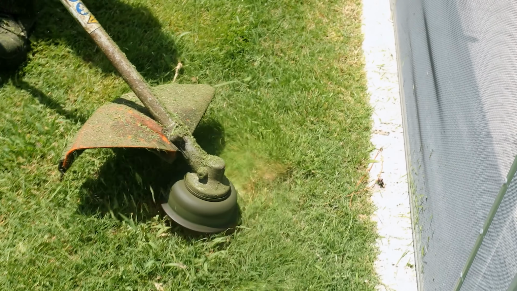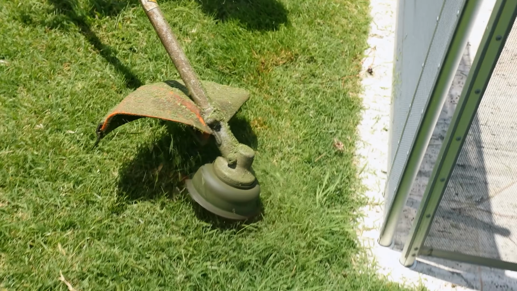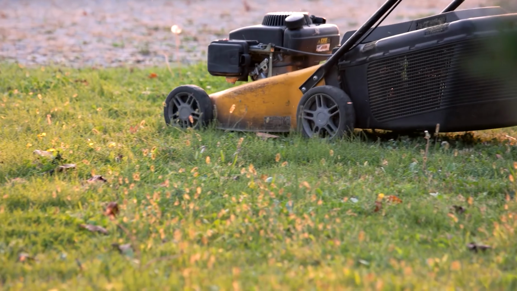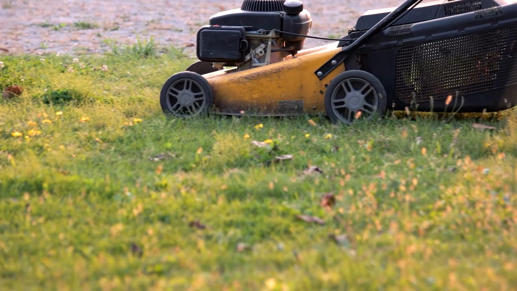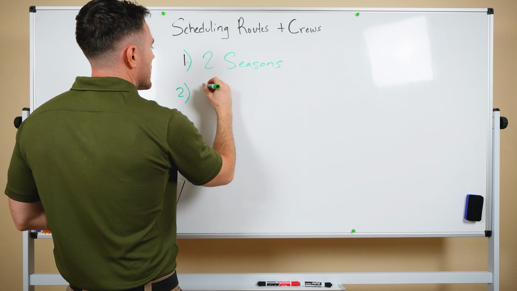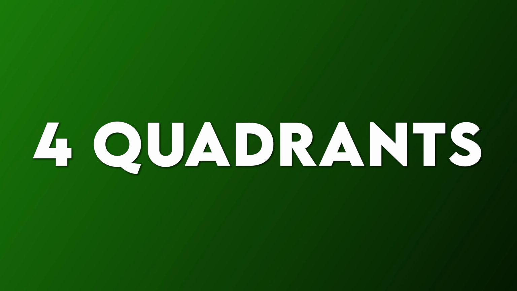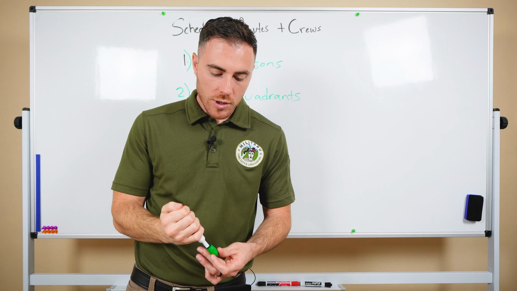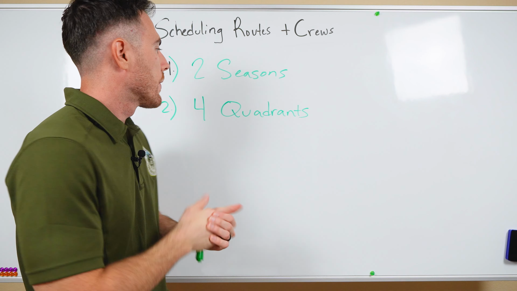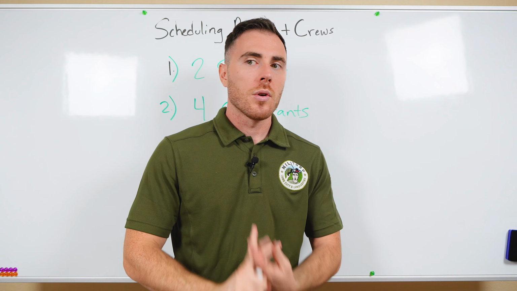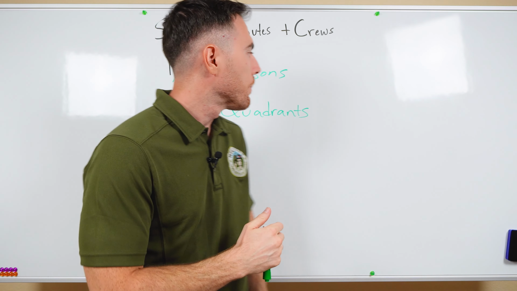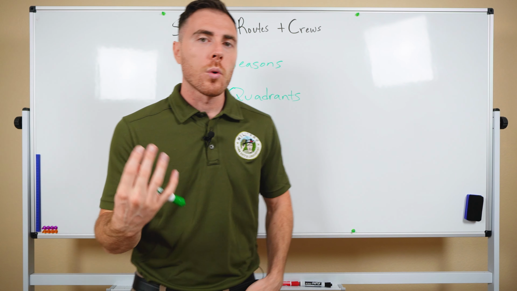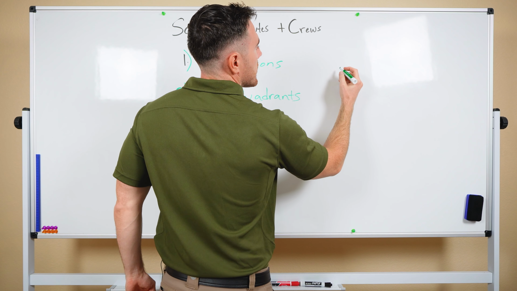So if we understand both of those seasons, it will allow us to make educated decisions on how to schedule and route our crews best. So what we like to do is a process called the 4 quadrants. And this is especially true for our new location. For those of you that don't know, we're starting our 3rd location this upcoming spring. We've got 1 location in profit mode, 1 location in growth mode, and then we'll have another one in growth mode next spring. But we like to set it up in a 4 quadrant mode,